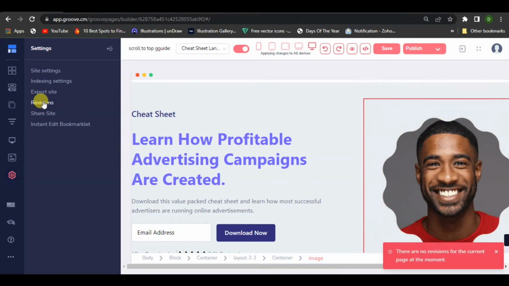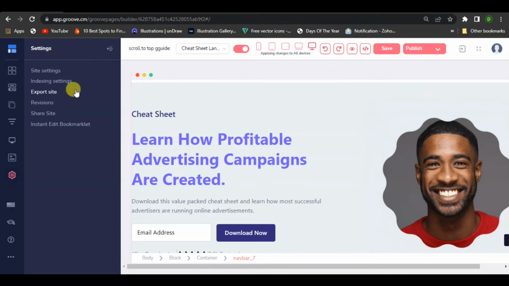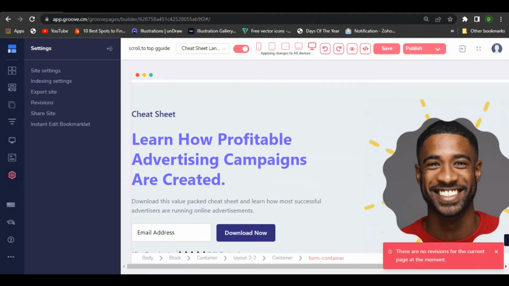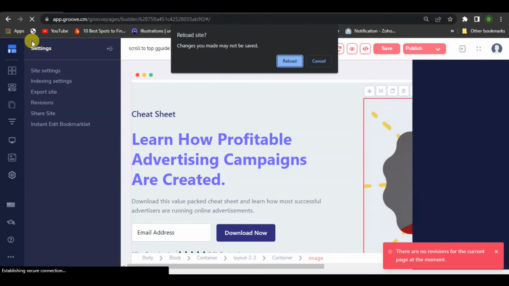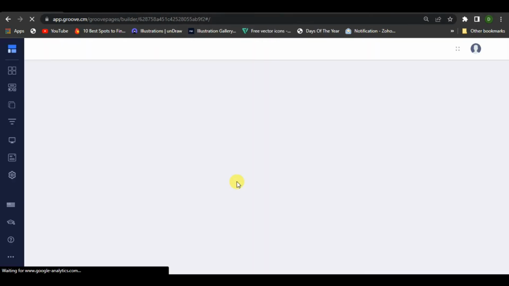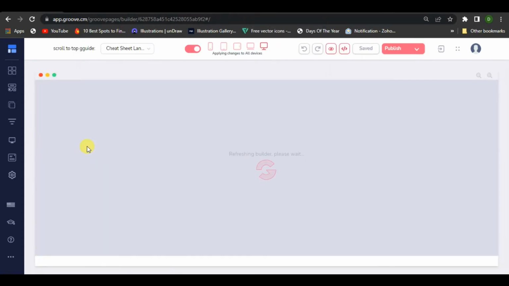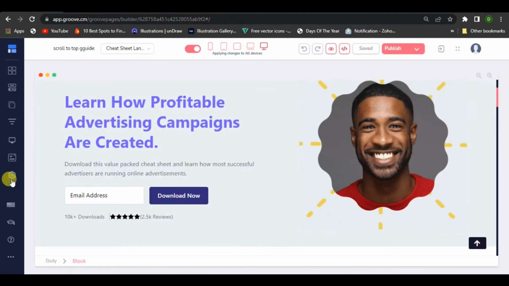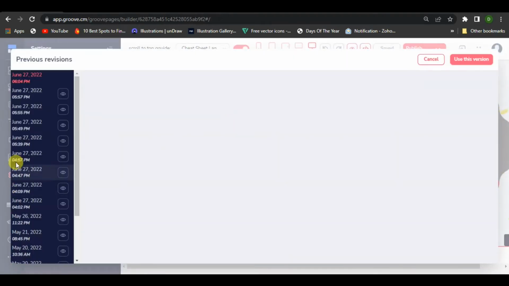From here we can simply go into revisions. There are no revisions for the current page at the moment. Let's see if we refresh, if this will be fixed. Reload. I want to go back to a former version of this page so we can test this out.